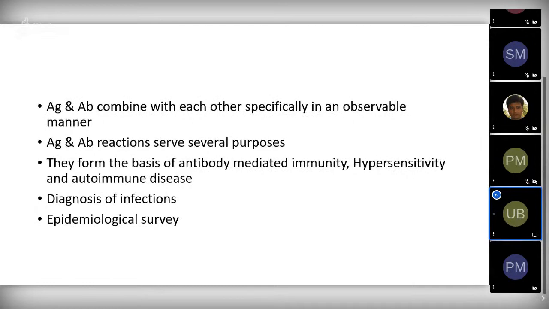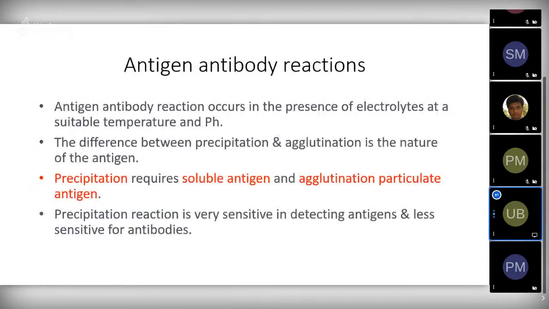Now, as in COVID-19, they look for the antibodies as an epidemiological survey, which is usually a serological test, which is mainly based upon the antigen antibody reaction occurring in the laboratory setup. And coming to antigen antibody reaction, it occurs only in the presence of electrolytes at a suitable temperature and pH. So you need these three factors: electrolytes, suitable temperature, and pH for an antigen antibody reaction to take place. And there are two types of antigen antibody